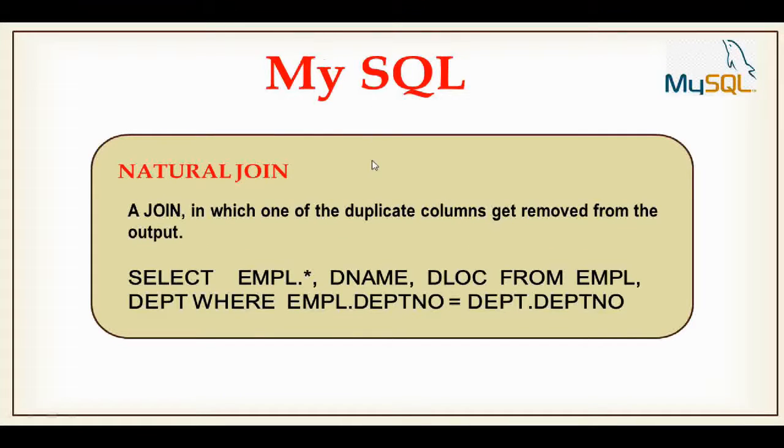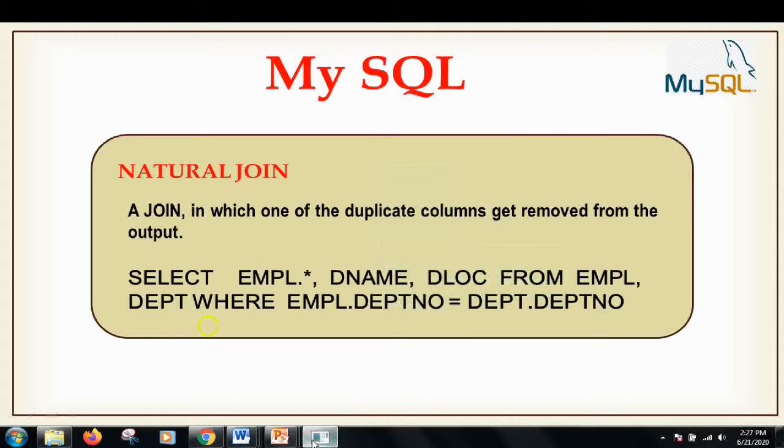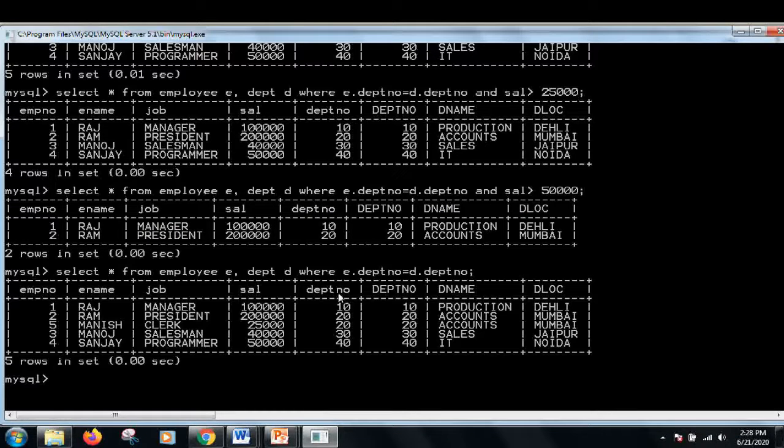Now the next type of join is a natural join, in which we are avoiding the duplicate columns. We are removing the repetition of the column. Let us understand what natural join is. Natural join is a kind of equi-join itself. When I write the joining query of equi-join, select star from employee, it will show me all the records with all the columns. Now this department number is a common column which is appearing twice. If I somehow stop this repetition of this column in my output, then I will get a natural join query.